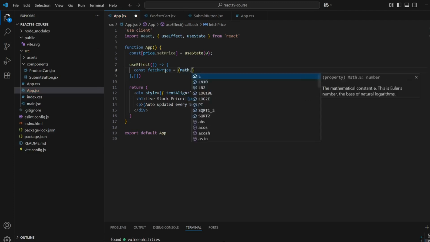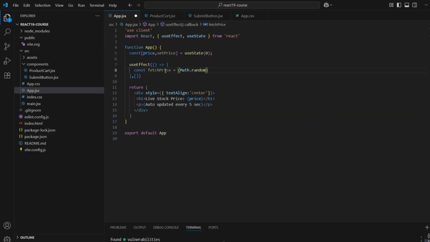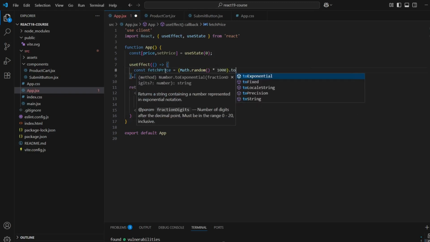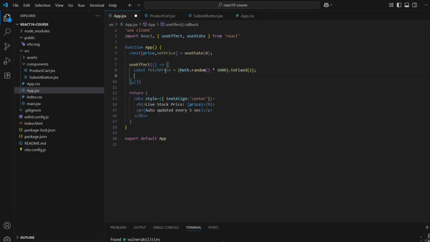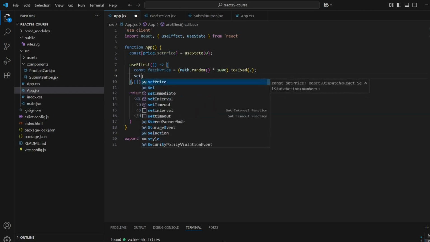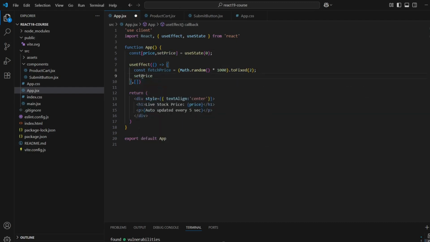Okay, so Math.random, and into 1000, .toFixed(2), we'll get only 2 decimals here, and whatever this fetch price is, we'll store this into our setPrice state. Okay, so let's do that. So setPrice,